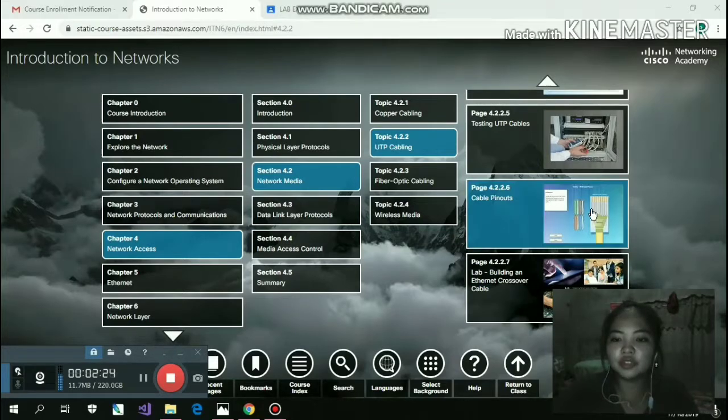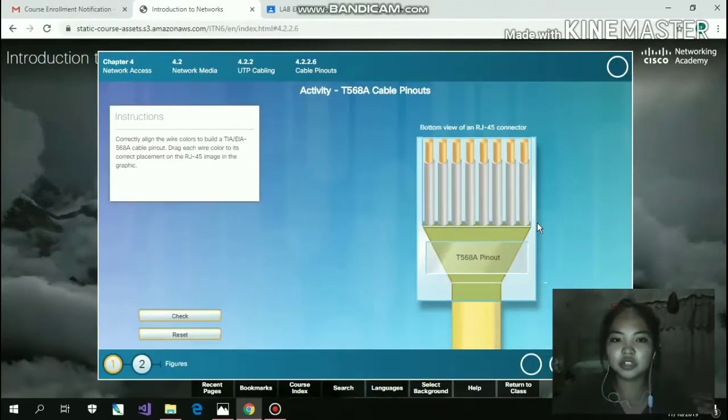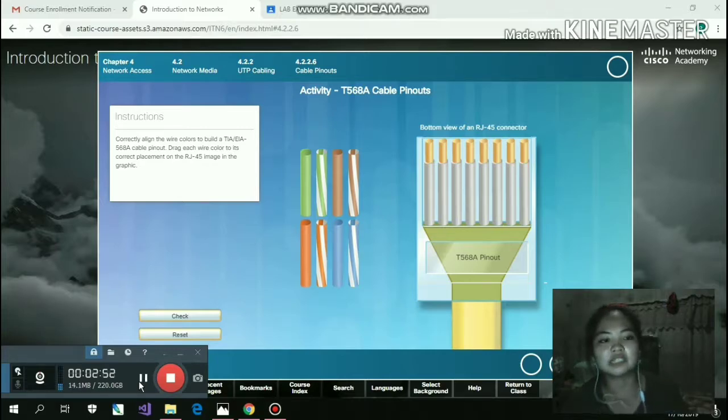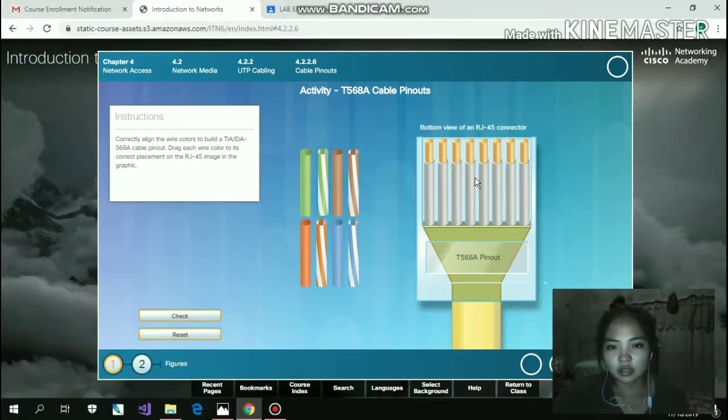So the third activity is this, which is T568A cable pinouts. So the instruction is correctly align the wire colors to build a TIA/EIA 568A cable pinout. Drag each wire color to its correct placement on the RJ45 image in the graphics. So for me, from this